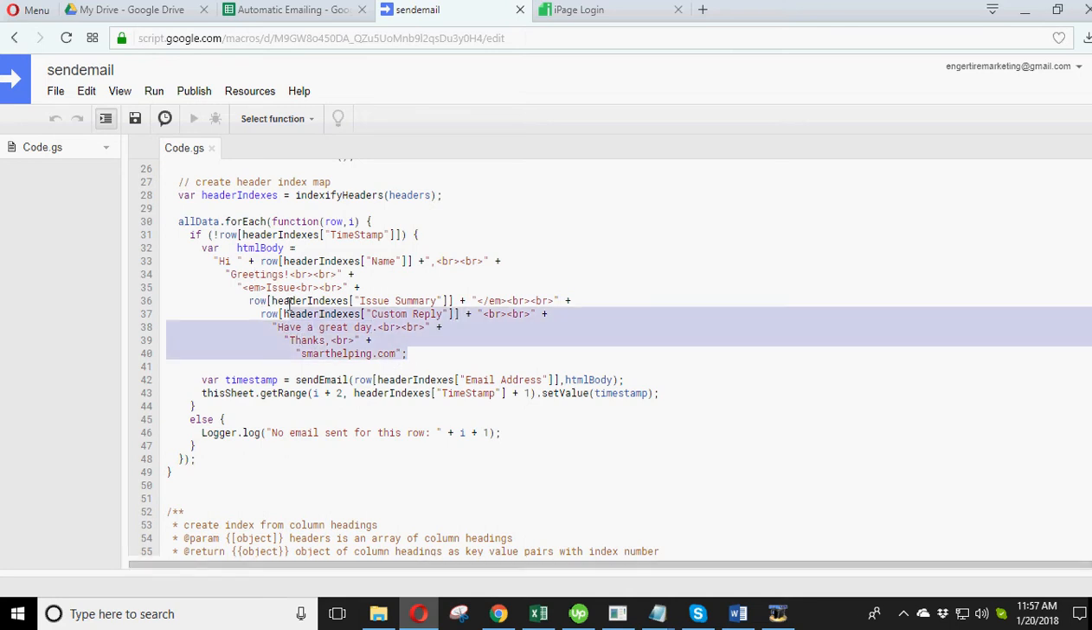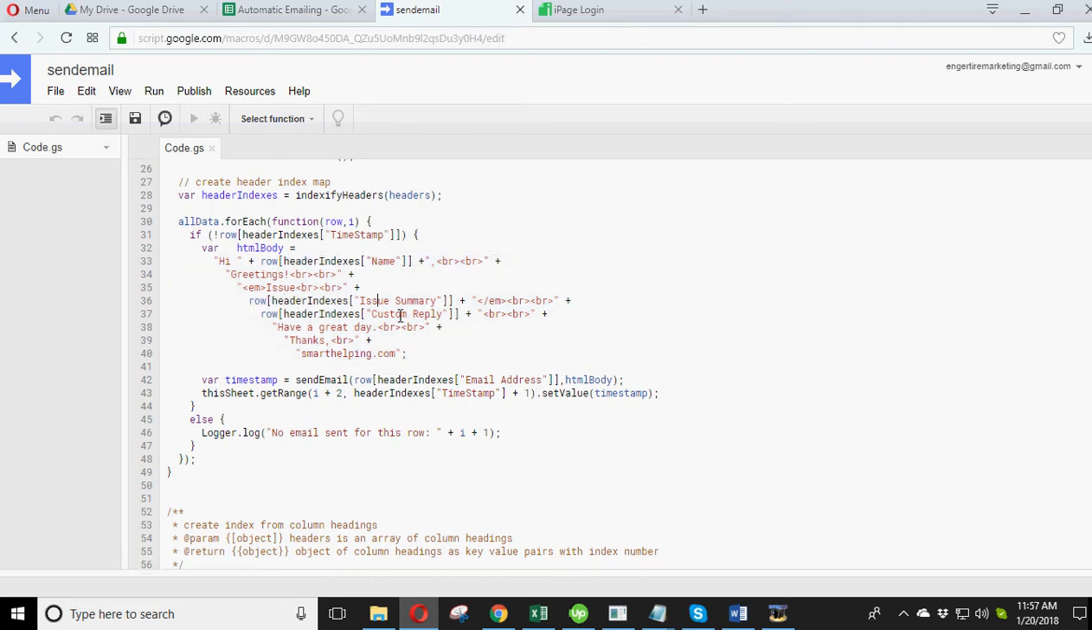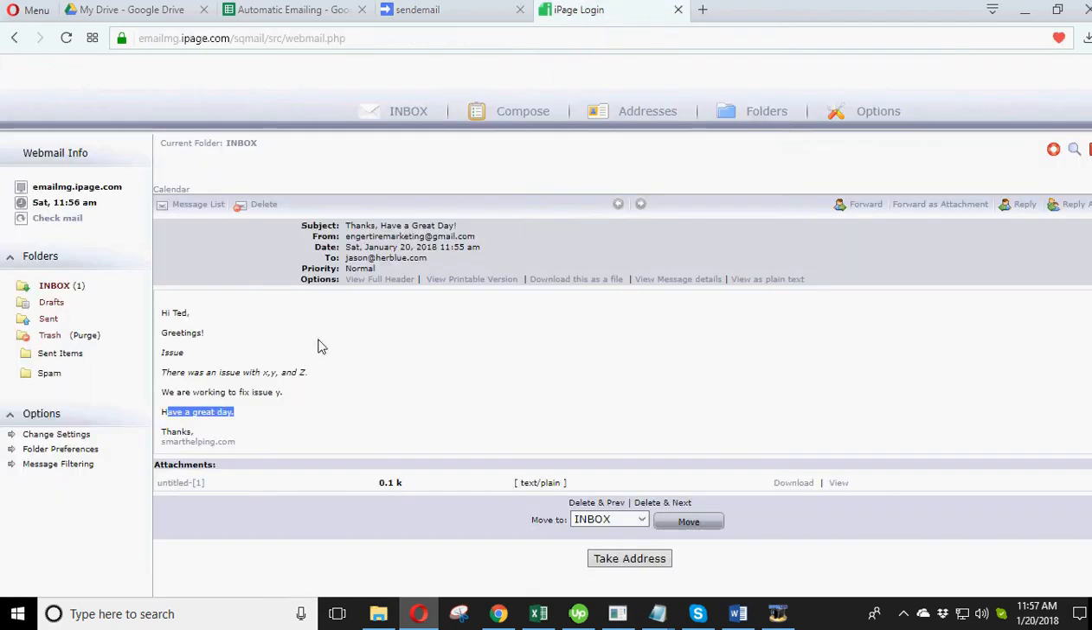So this is how you're generating the email. And these headers, when it says row header, that means it's taking whatever data is in the column with issue summary and customer reply, and then it's mixing whatever that is with this, and just doing that for each email. So it looks like it worked. So that's that one. Let me see what else. Let me go to my other emails. Oh, yeah,